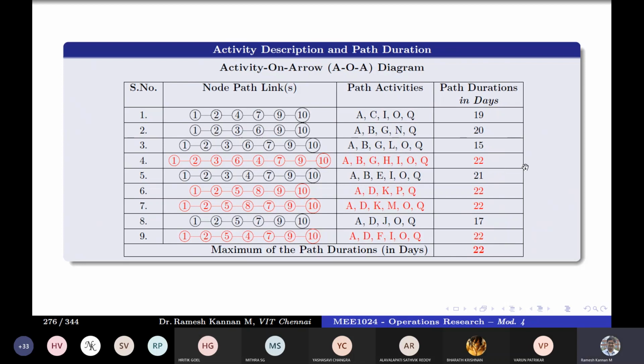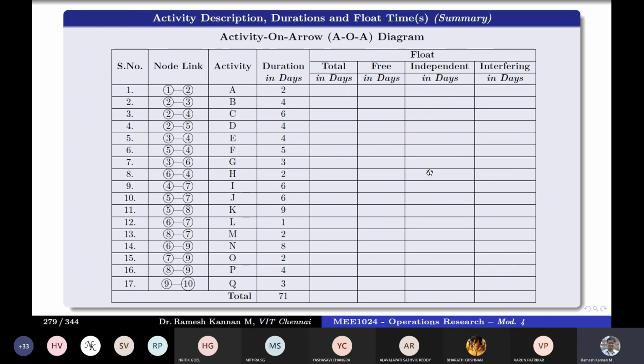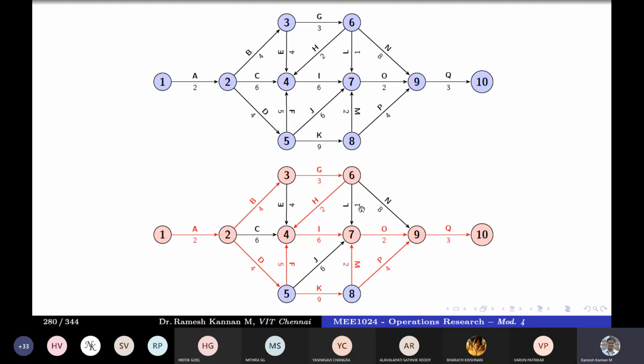So this is a typical example of multiple critical paths. In example 1, we talked about a single, unique critical path, whereas in example 2 we have multiple critical paths. You can try to solve this later.